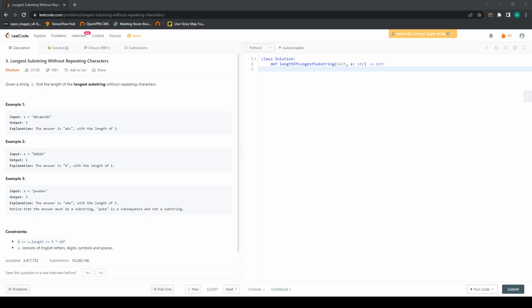Hey everybody, in this video we want to practice working with strings in Python by solving problem number 3, longest substring without repeating characters in LeetCode. In this problem we are given a string s and the task is to find the longest substring without repeating characters. For example, for the second example that we have here, the longest string without